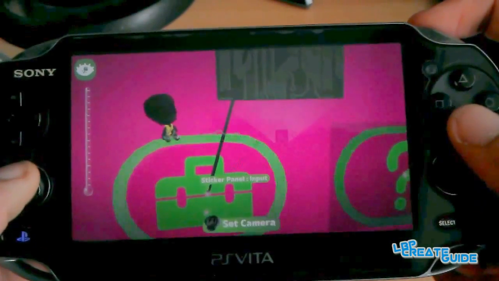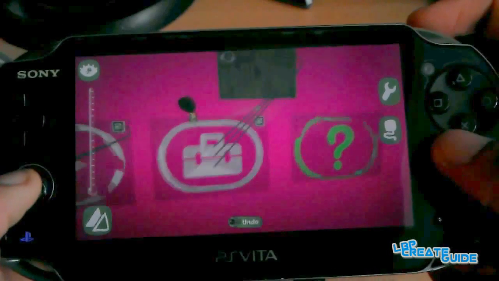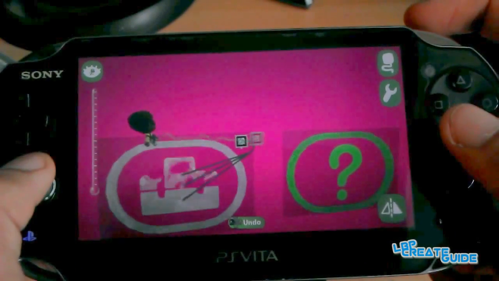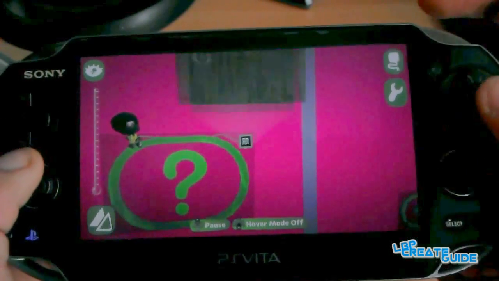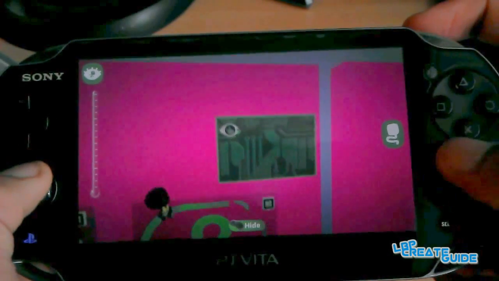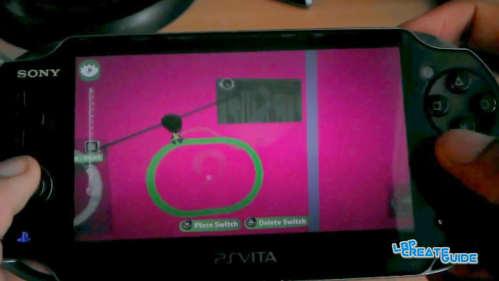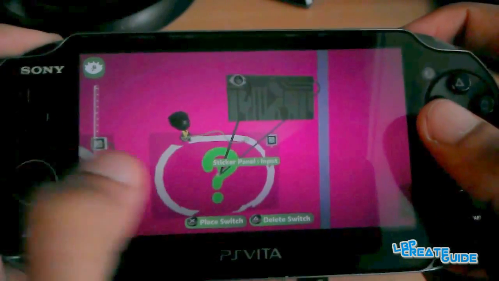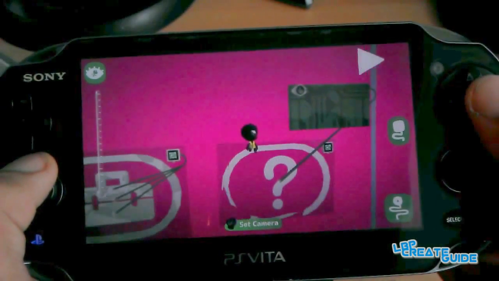Hide that and attach it to each bit of this. Do the same again. And attach to this, and with this one, because it's a sticker, I have to attach it to the thing itself. Okay,